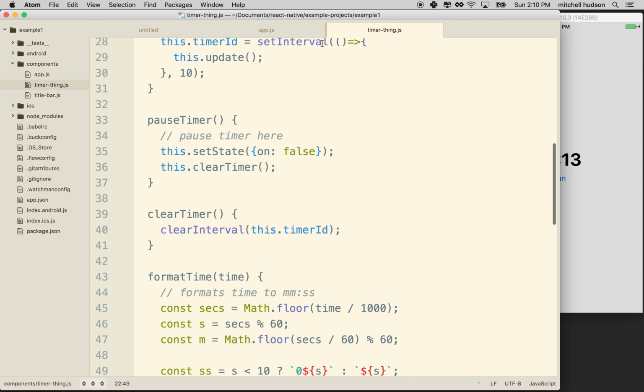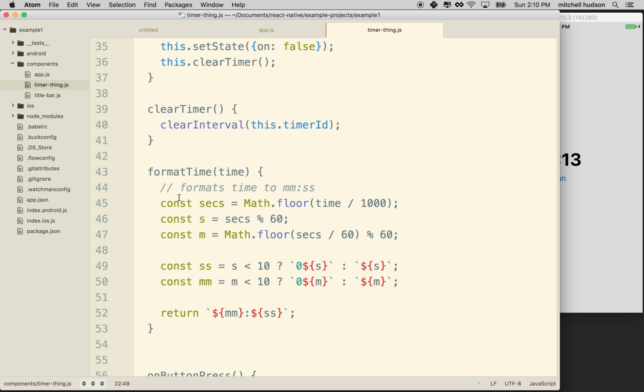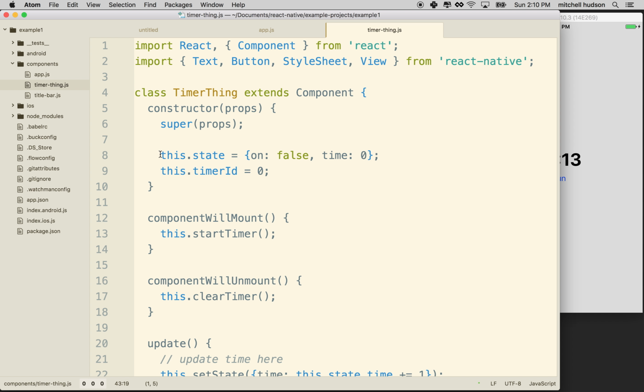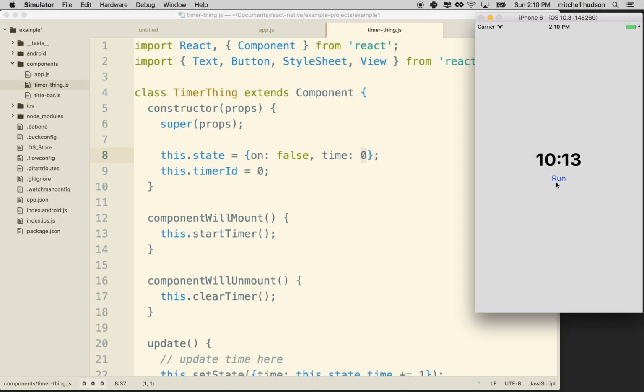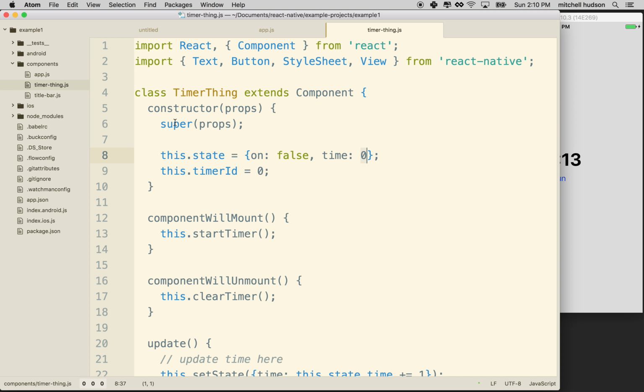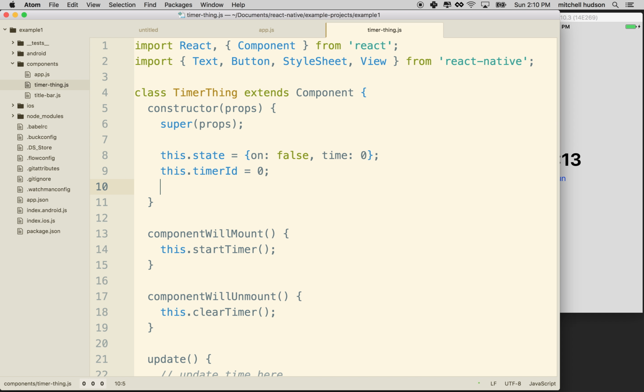So we've got our format time, and format time is assuming that the time coming into this method is in milliseconds. What I'm assuming is that the time here on state is kept in milliseconds, and it represents the number of milliseconds since you pressed the button to run. Okay, right? So up here in the constructor, I'm going to add one more